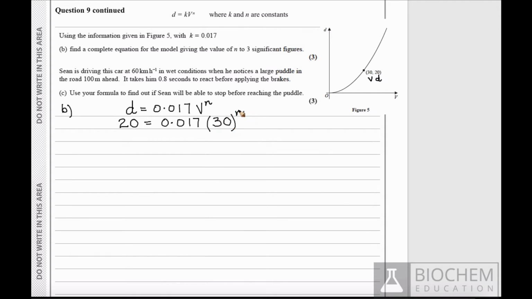Now we need to find n to 3 significant figures. So we can divide both sides by 0.017. So we can write this as 30 to the power of n equals 20 divided by 0.017. So we can simplify this as 30 to the power of n equals 20 divided by 0.017 gives an answer